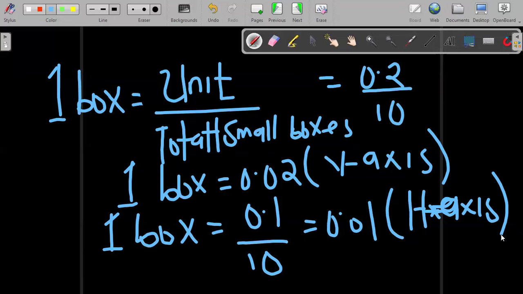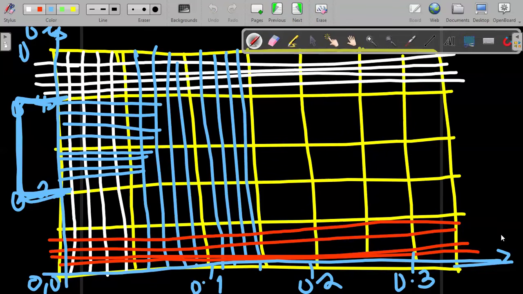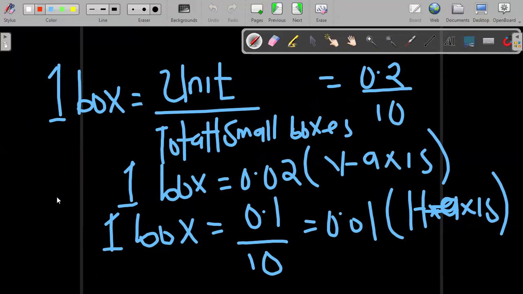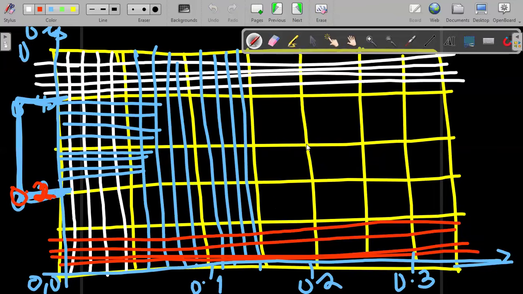So let's go back now. If here is 0.2, here will be what? Here is 0.2. Now don't forget, here is 0.1. One box is now what on the vertical? 0.02. So if I count this one box now, what am I having? I'm starting from 0.2, and each box is 0.02. What's our answer now? Here is